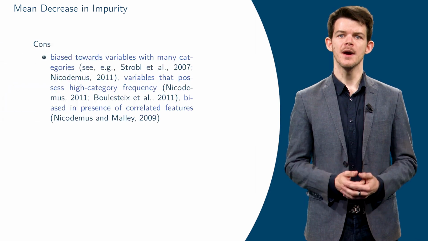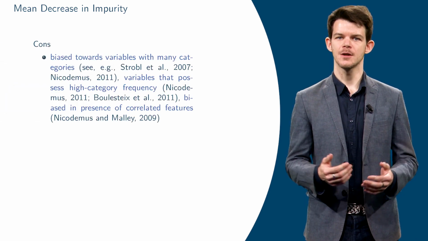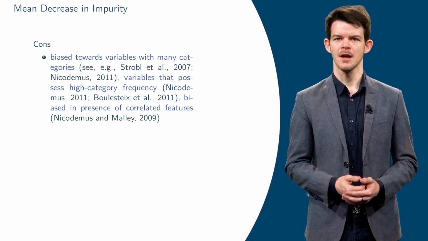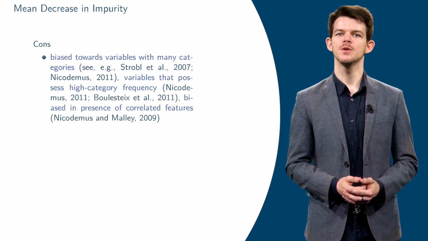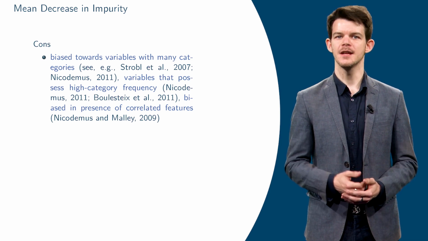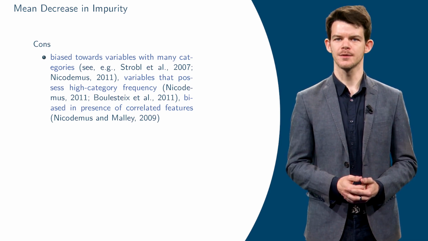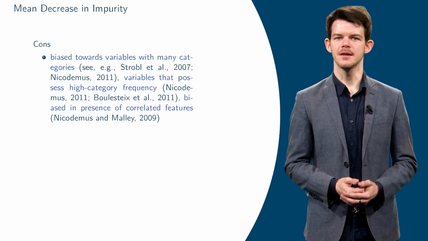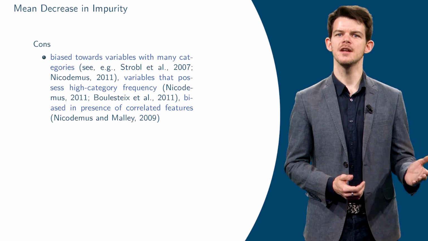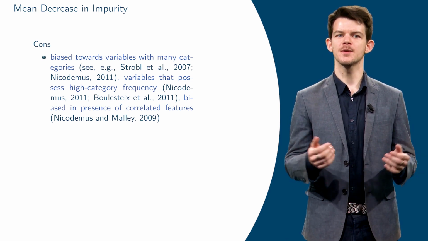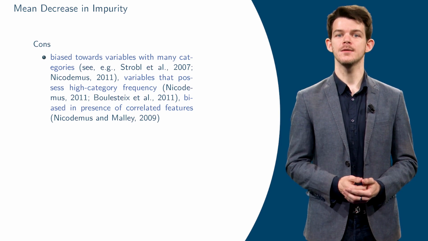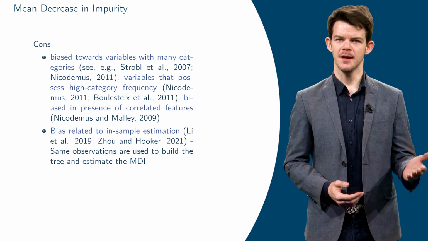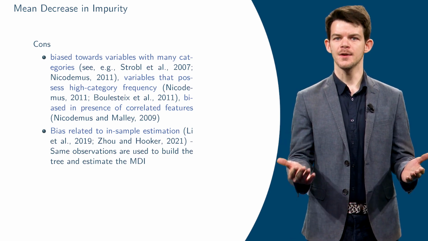It is known to be biased toward variables that have many categories, very frequent categories, or that are highly correlated. An additional bias is due to using the same sample to build the forest and to calculate the importance of the variables. In general, in machine learning, it is imperative to split the dataset into a training set used to build the estimator and a test set used to evaluate the quantities, usually 0, related to the estimator. Similarly, we should build our trees on part of the dataset and compute the MDI on other data, which is